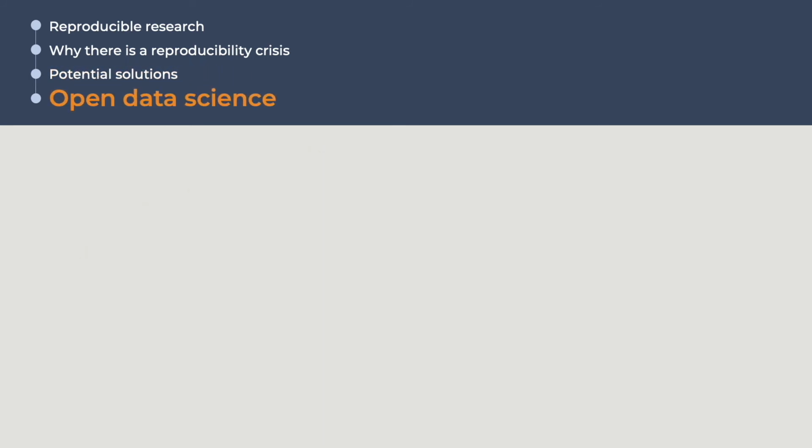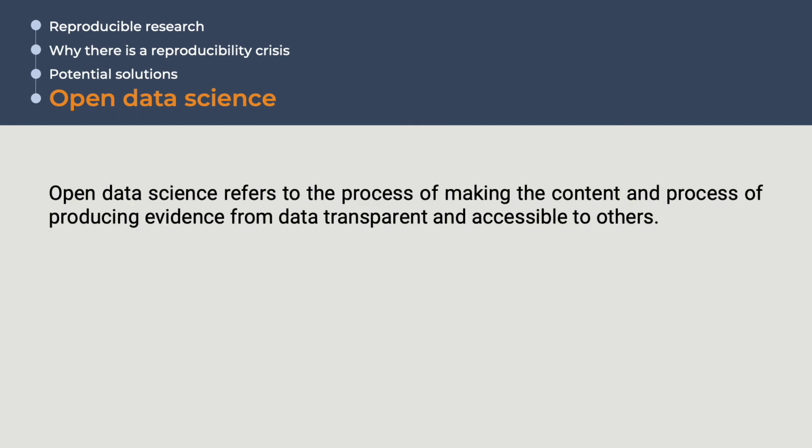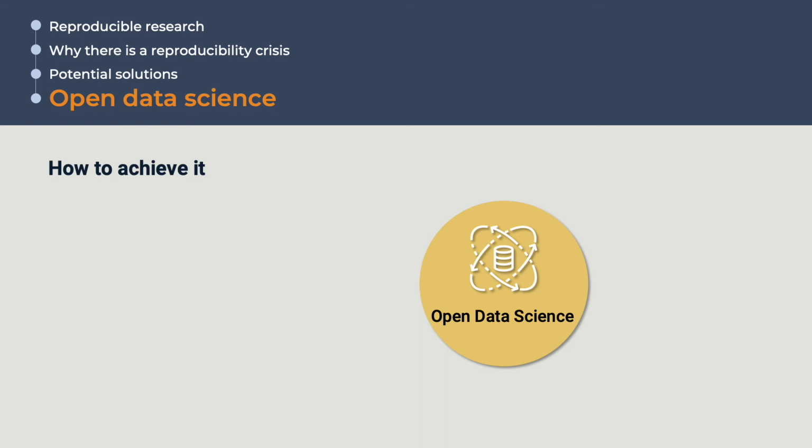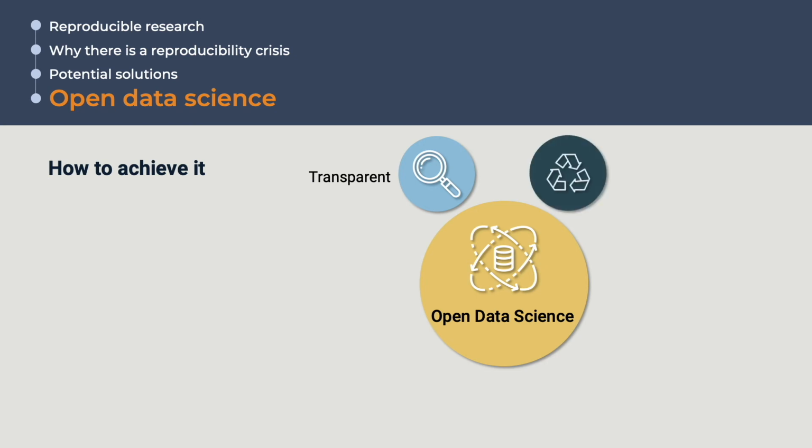So what is open data science? Open data science refers to the process of making the content and process of producing evidence from data transparent and accessible to others. To achieve this openness in our work, each step of the research process should be transparent, to provide clear information on how research output was produced and what it contains, reusable, so that other people can replicate